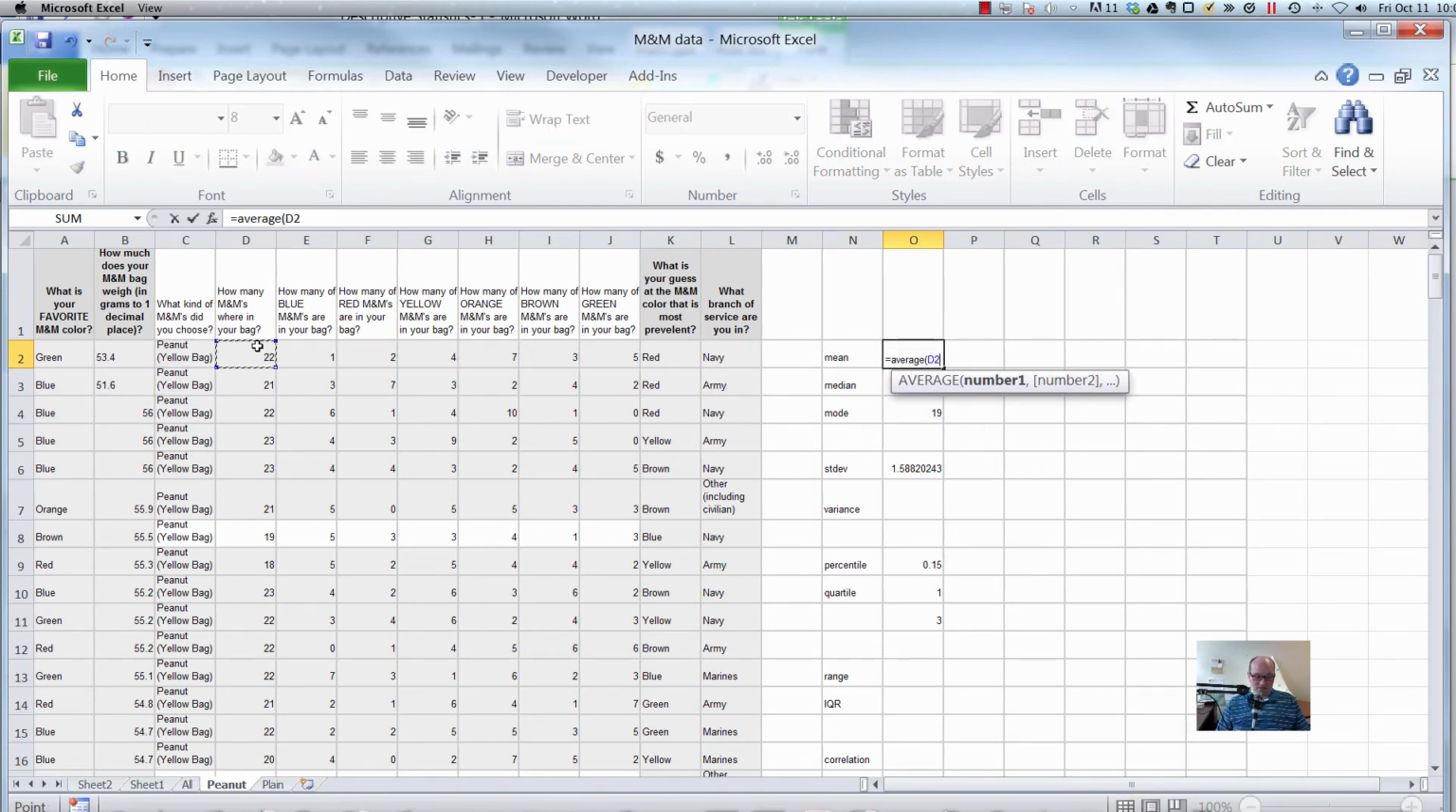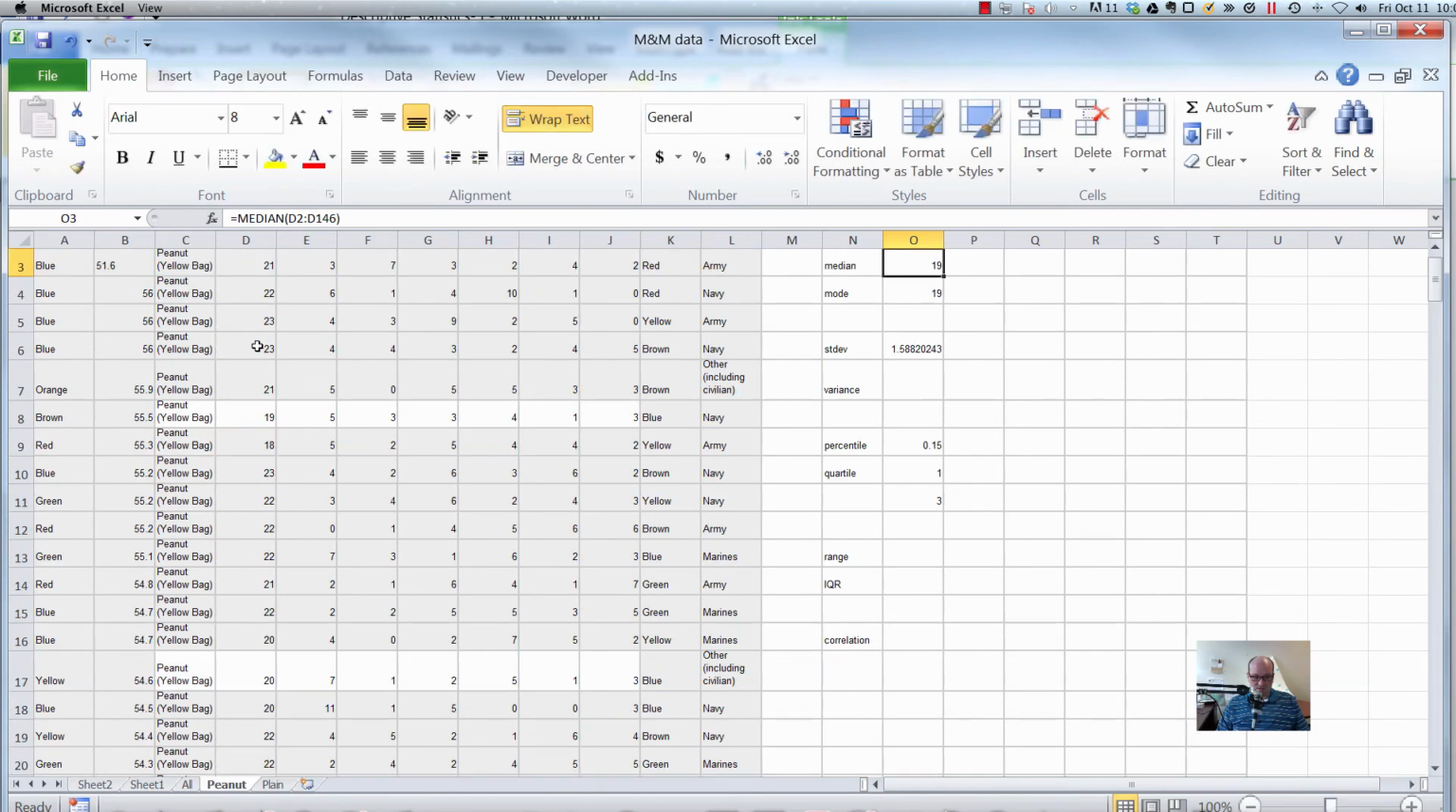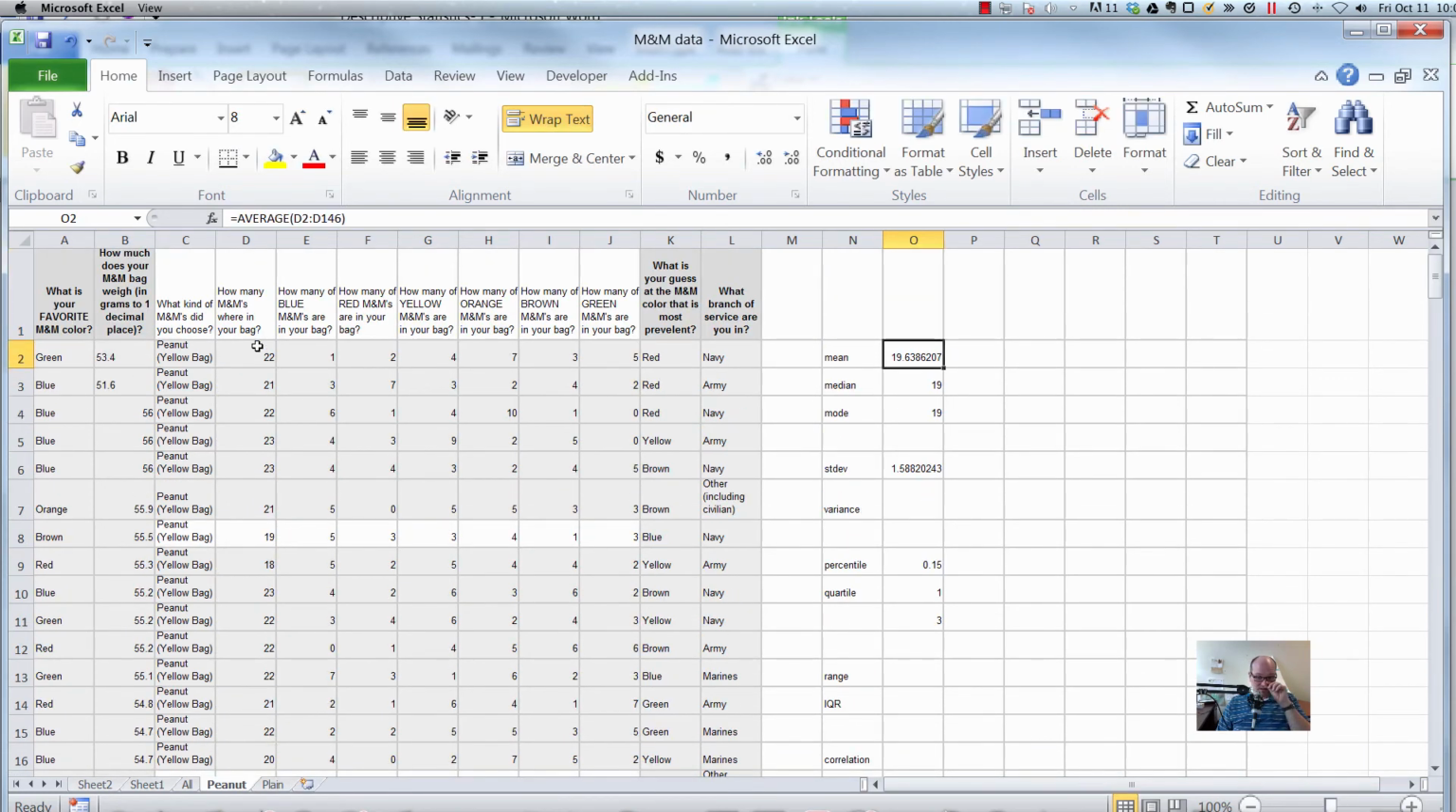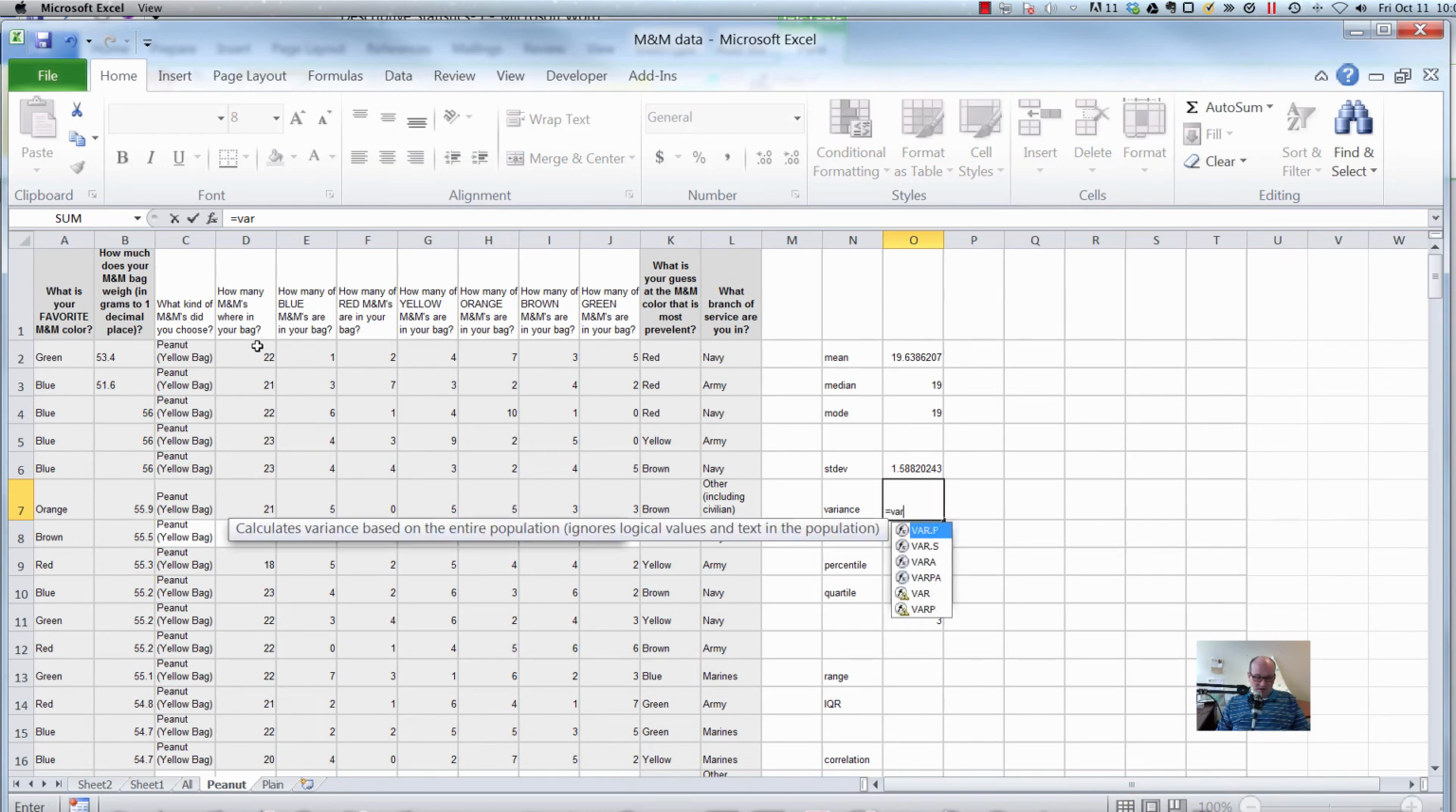It's sort of hard to interpret a standard deviation without the mean. There we go. So the mean is 19.6. The mean of 19.6, but on average, all the other M&Ms are about 1.58. All the other bags of M&Ms are about 1.5 M&Ms away from 19.6. Interesting. So variance is the same, equals var.s,